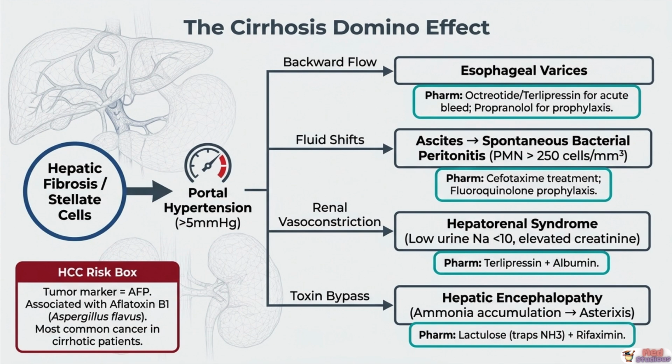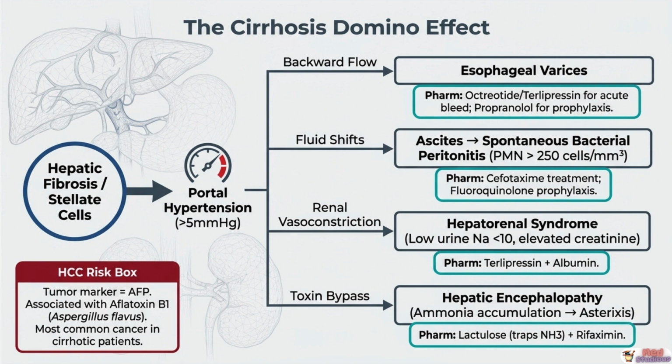Cirrhosis isn't one disease process. It's a single upstream event, portal hypertension, triggering four distinct downstream catastrophes, and the exam tests each branch independently. Hepatic stellate cells, once activated into myofibroblasts, lay down the fibrotic bands that replace normal liver architecture and push portal pressure above 5 millimeters of mercury. From there, backward flow into the left gastric vein produces esophageal varices, managed acutely with octreotide or terlipressin and prevented